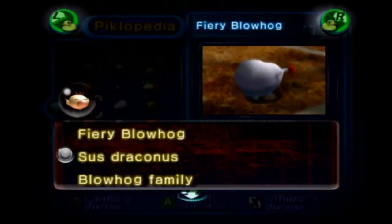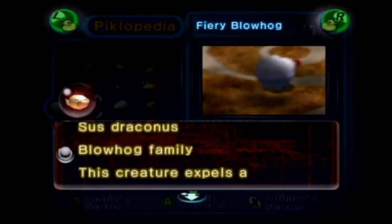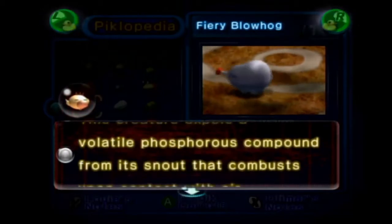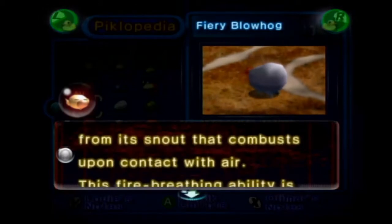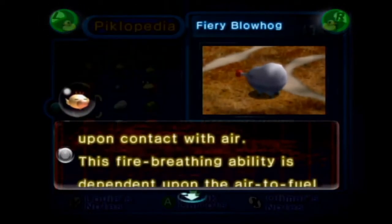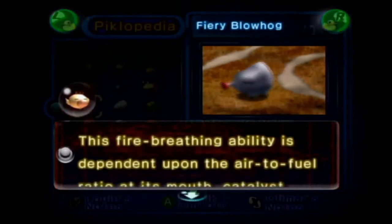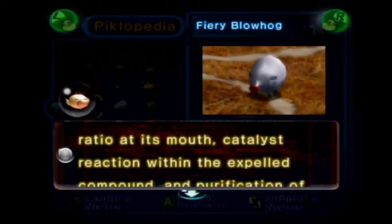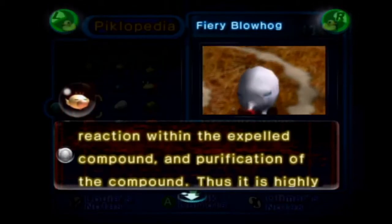Fiery Blowhog, Sus draconis, Blowhog family. This creature expels a volatile phosphorus compound from its snout that combusts upon contact with air. This fire-breathing ability is dependent upon the air-to-fuel ratio at its mouth, catalyst reaction within the expelled compound, and purification